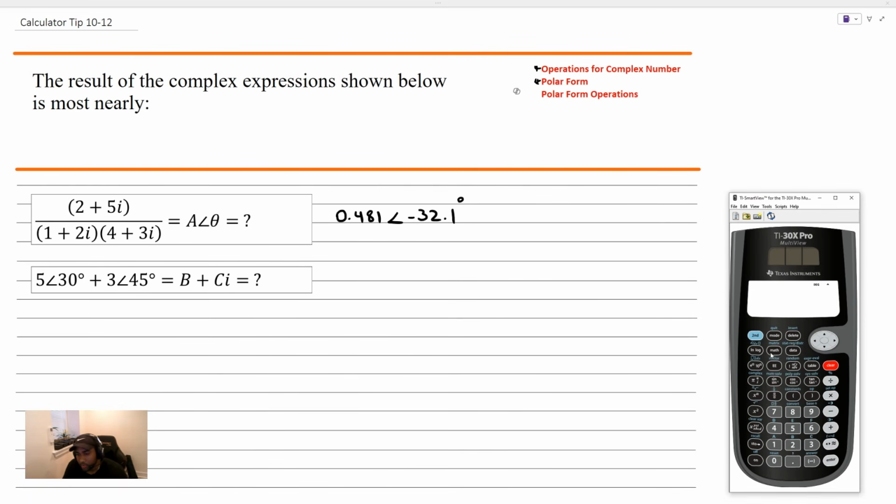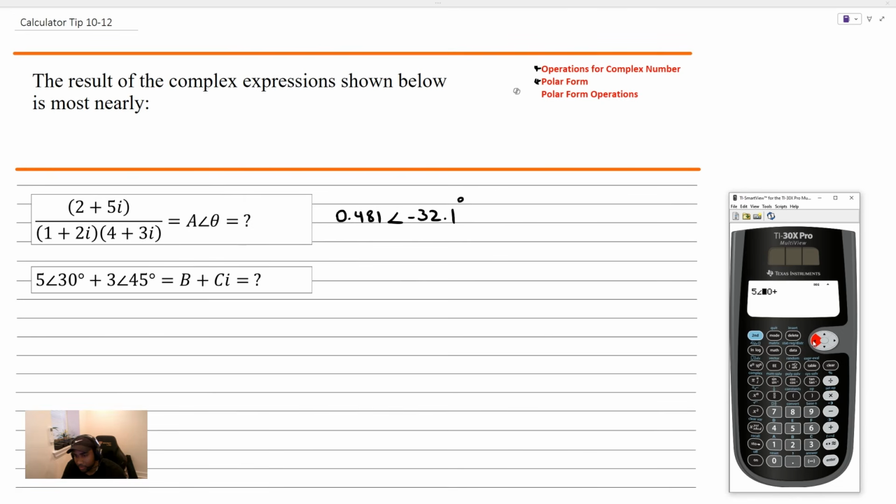So first thing we're going to do is input 5 at an angle of 30. 5 at an angle, second complex. You can see there's an angle here. You can just click enter there. 5 at an angle of 30 is what we just inputted there. Plus,